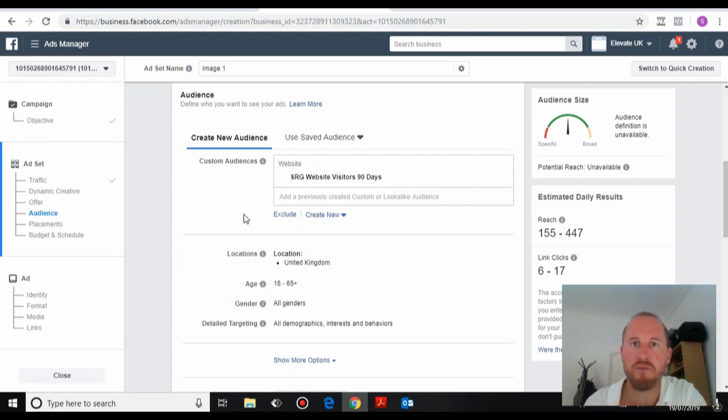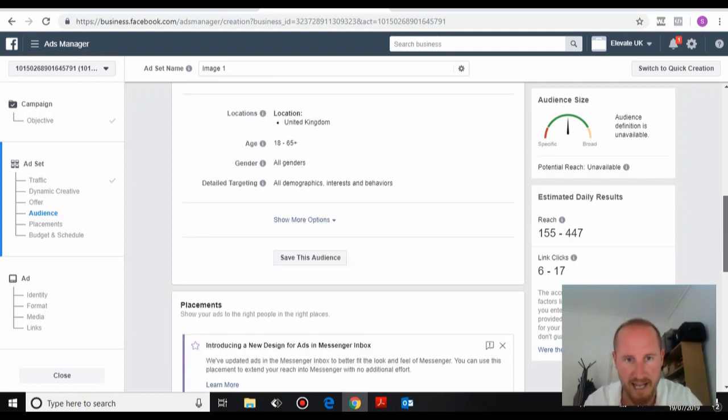The beauty of this is it's a retargeted audience. If these people have already visited your website, they've done that for a reason, so you don't need to filter it further. Okay, so locations can be UK, 18 to 65 plus, fine. I'm not going to filter it any further. Anyone that visits my website, I want to send them a new client offer ad. Okay,